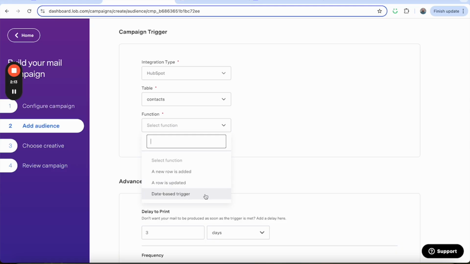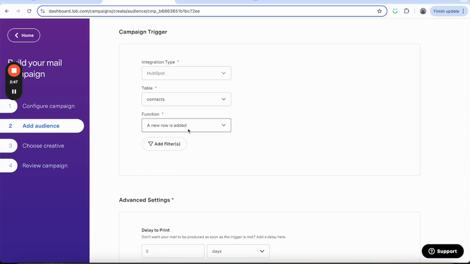So that can be, on the anniversary of an event, for example, a birthday. That can be, within some period of time of an event occurring. But we'll stick to a new row is added for the sake of today's demo. So for example, let's say you have a welcome postcard that you want to send when somebody signs up, or you have a mail piece that you want to trigger when somebody registers but then doesn't complete a purchase after a period of days. Well, in HubSpot, you could then have that person added to a specific table, and when they're added to that table,